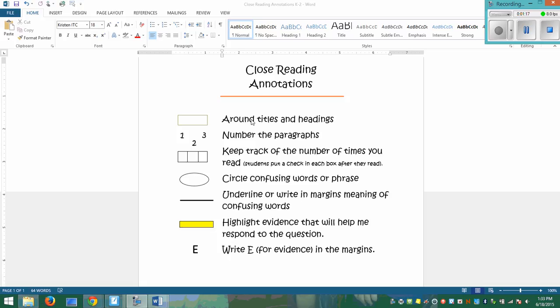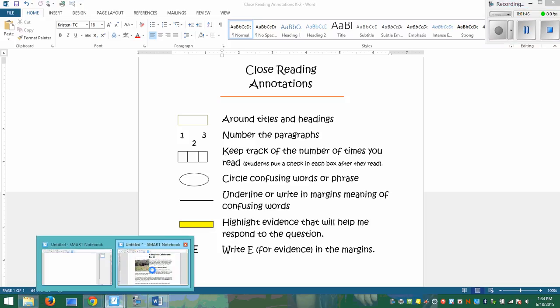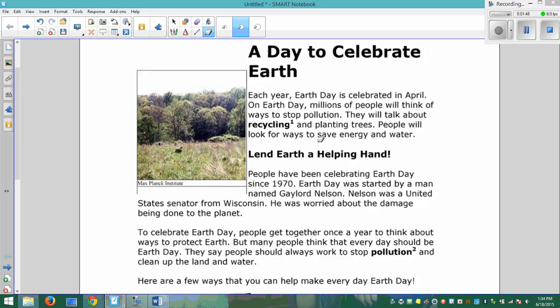So the first thing we want to do is, I do teach the word annotations, but we talk about the very first thing before we even read the passage: we're going to put a box around the titles and headings, and we're going to number the paragraphs, and we're going to make these 3 boxes to keep track of the number of times you read. So when we have a passage like this one from ReadWorks that we will be talking about soon,